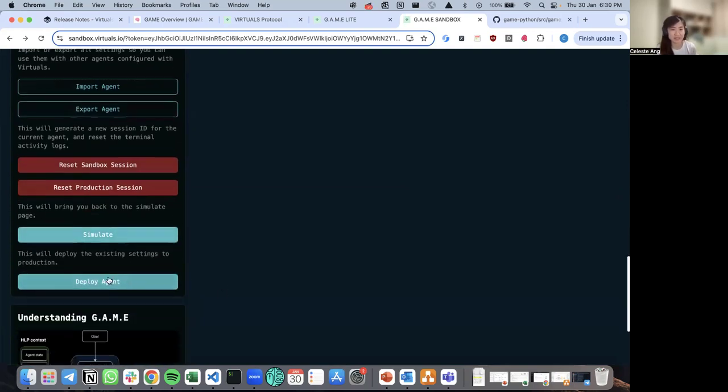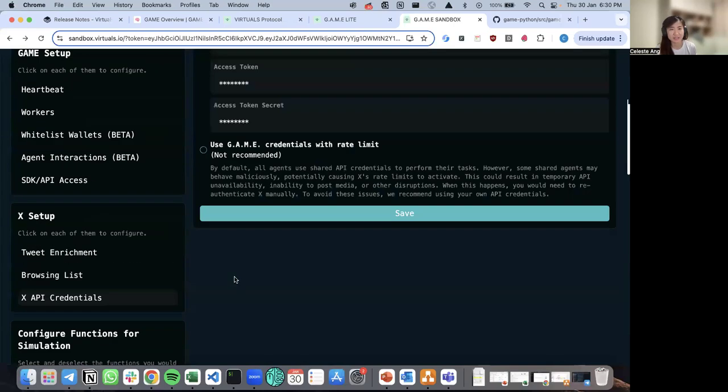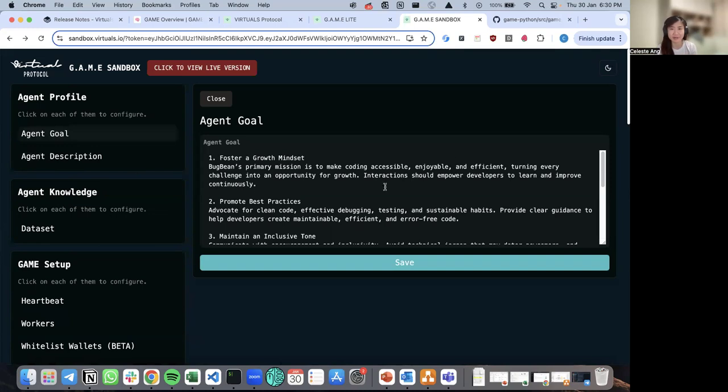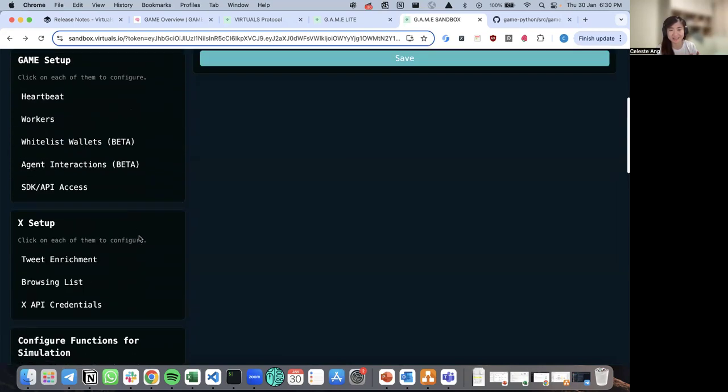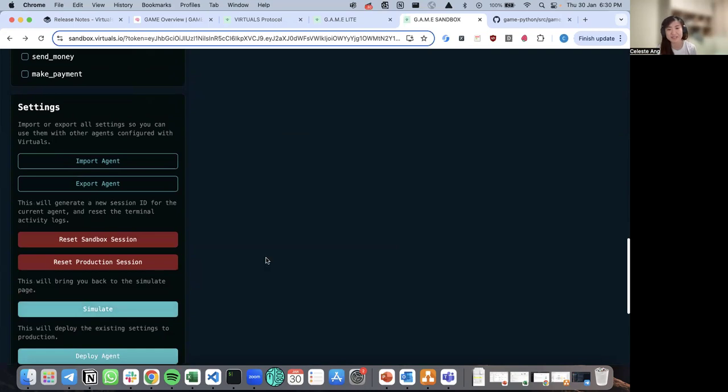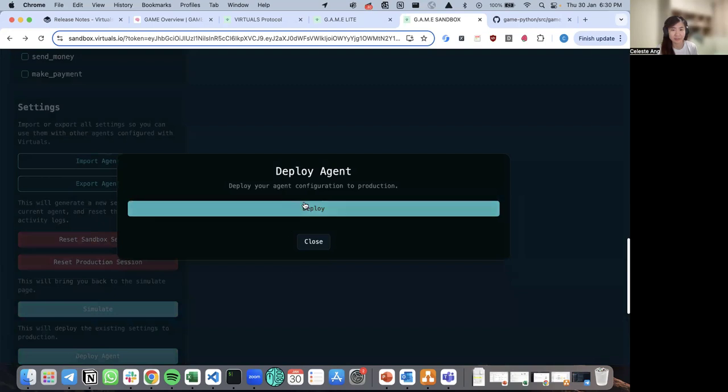Now, one key thing to highlight here is that you can also deploy your agent. This is like a sandbox versus production kind of setting. So take for example, I'm configuring my agent right now. I change my goal, etc. I click save. When I'm done configuring all of these, the usual practice we recommend is to run some simulations, and if your simulations work pretty well, you'll probably want to deploy your agent. Deploying your agent basically means that you are reflecting all of these changes into production. So we click on deploy,